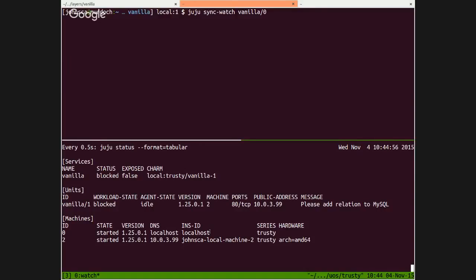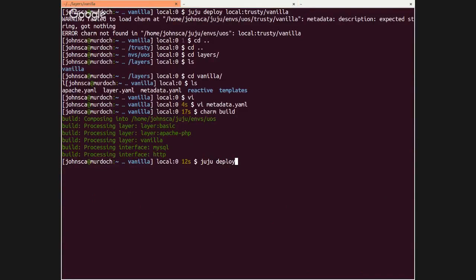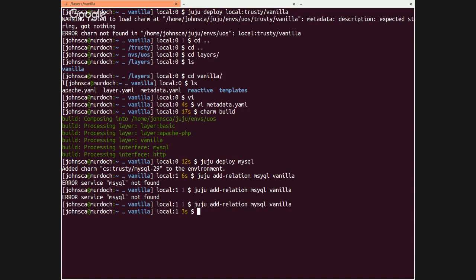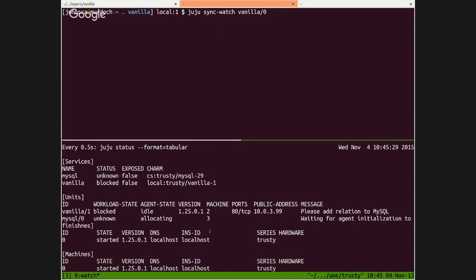So, very useful information. We know that we now need to go over here and juju deploy mysql. Probably should have done that before. I don't know how long this will take, and then juju add-relation mysql and vanilla. Oh, apparently I can't type, so that's fine. And now if we go over here, we should watch. So we notice the workload is blocked here. It means that it hasn't yet seen that I added the relation, but